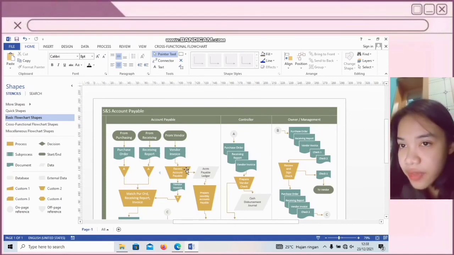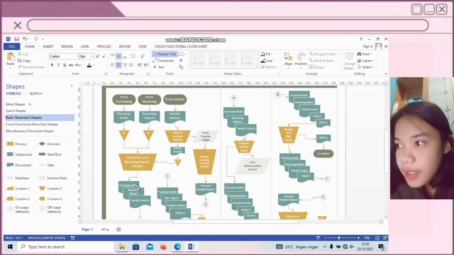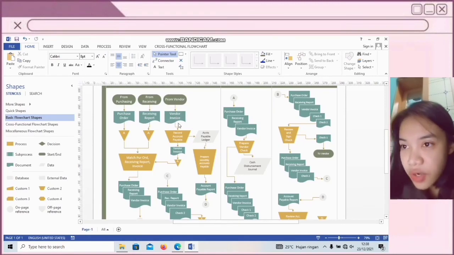After the vendor provides the vendor invoice, then the process of recording account payable is carried out, namely recording the total debt and the due date. This symbol means manual operation, so the processing operation is performed manually. After the account payable department records the account payable, the vendor invoice will be grouped into a paper document A, together with the purchase order and receiving report files. Then the account payable department matches the purchase order file, receiving report, and invoice. If everything is correct, then the three files will be transferred to the controller department.